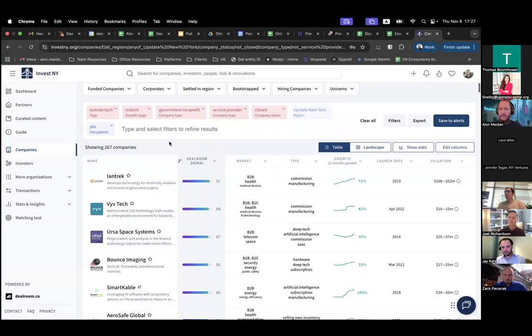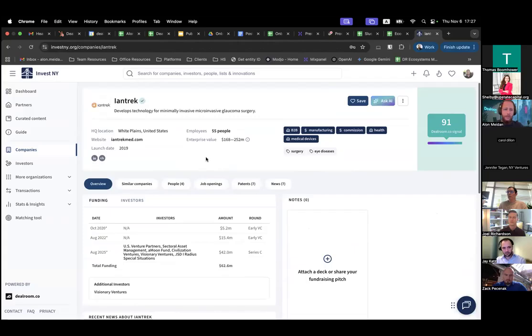All right, let's now go into a company profile. Let's just pick the first one. So we can see on the company profile, up top, we will have our general information about the company, including website and some links. We will have our tags for them. Dark blue tags would be the big stuff like technology and industry. And then the light gray ones would be a little more specific to the technology, or indeed, as I mentioned, to the company itself. So spin out or women founders would be in the light gray as well.